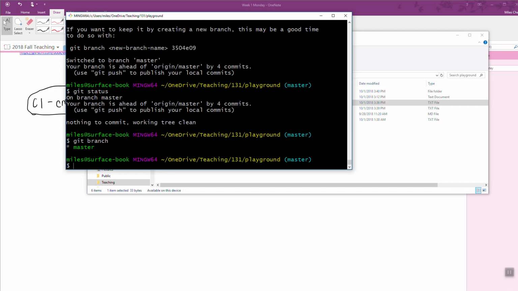Okay. And when you're working by yourself in your own repository, it might be okay to just keep working on the master branch. But if you have something public, like if you've got a website, you don't want to make changes to your website and test out changes to your website and publish them, because you might break the website, you might break your company's page or something like that. So in cases like that,